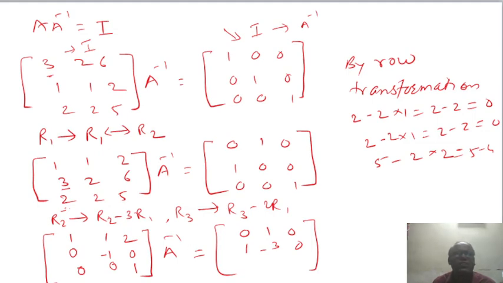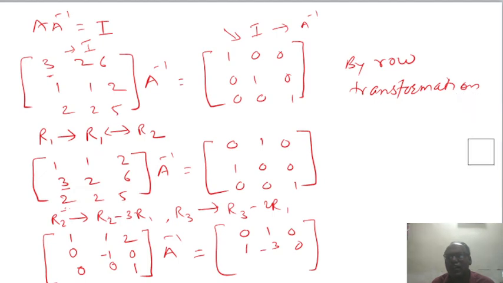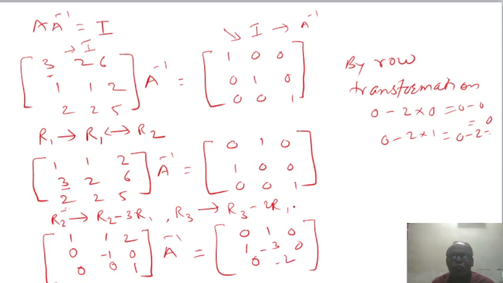What about the left hand side here? What is R3? R3 is equal to R3 minus 2R1. R3 is 0 minus 2 into R1 also 0, that is 0 minus 0, which is 0. We get 0. Then here R3 is 0 minus 2 into R1 which is 1, that is minus 2. And last is 1 minus 2 into 0, that is 1 minus 0 is equal to 1. This is nothing but the row transformation performed on the given matrix.